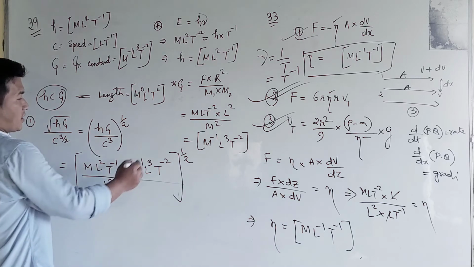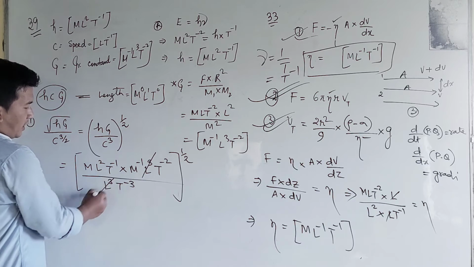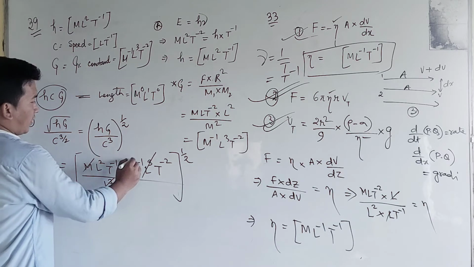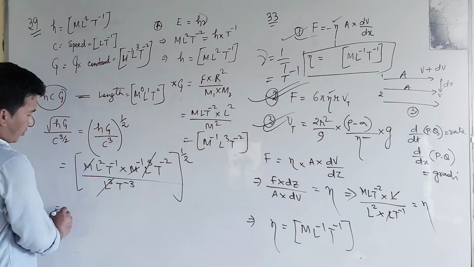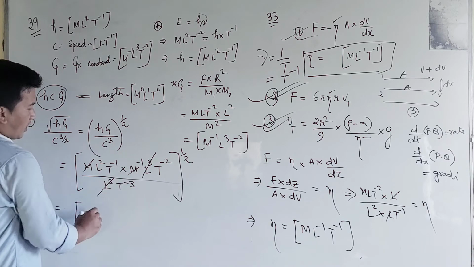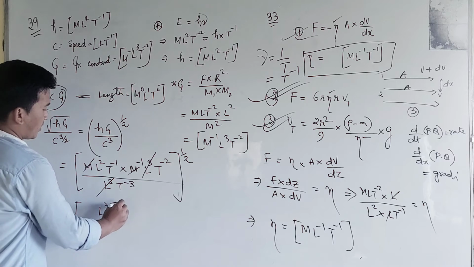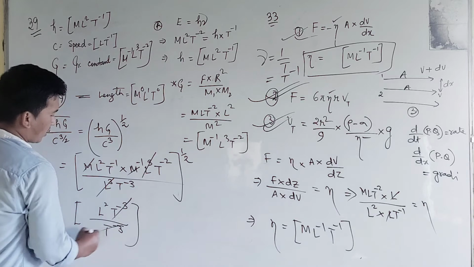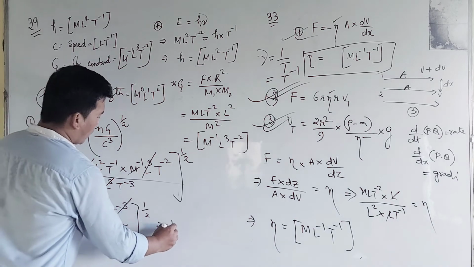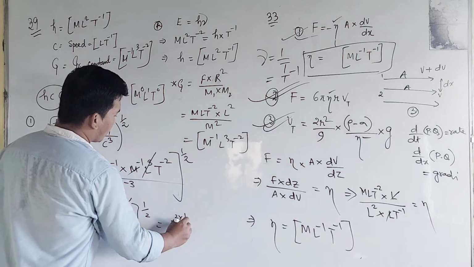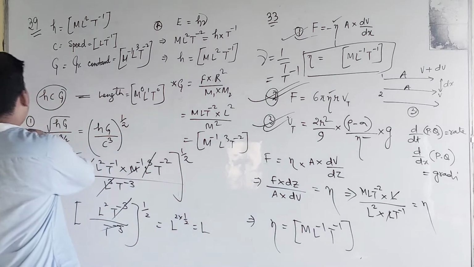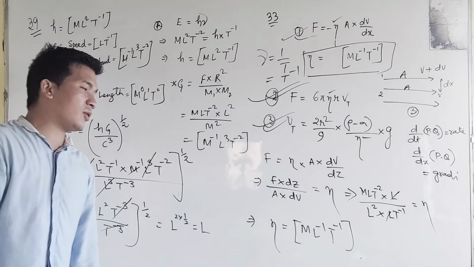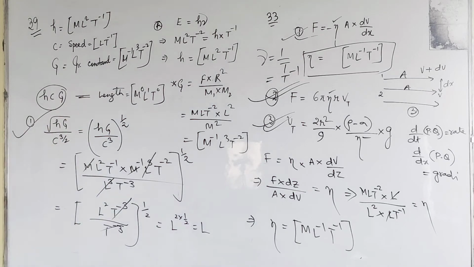Here L cube and L cube get cancelled out, and this is C, m and m minus 1 C cancel out, and we will be having L square t minus 3 divided by t minus 3. That means here this will be our answer. This is half into L square into half. This is L. So we get option number 1 as our answer. Luckily we get our option number 1 as the correct option.